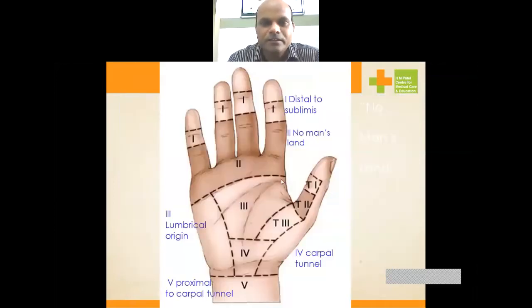So before starting the splinting process, we have to know the different areas of the hand. So this is the upper area. This is zone 1, this is zone 2, zone 3, 4, and 5. This second zone is called no man's land. Whatever cases we get from this area, we use the Clinat splint, only for persons who got the injury at the second zone, the no man's land zone.